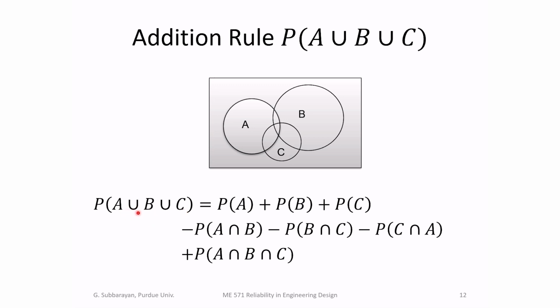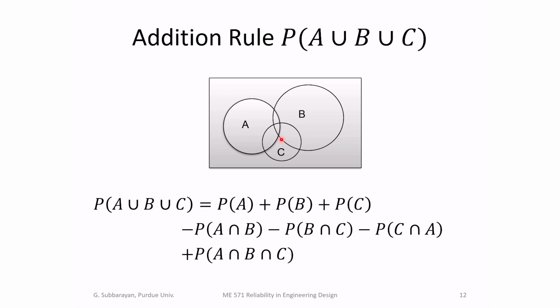Probability of A occurring or B occurring or C occurring. A occurring is denoted by a circle, B occurring is denoted by a circle, C occurring is denoted by a circle. A or B or C means that the event is within the region enclosed by these 3 circles. The union of these 3 is probability of A, this circle region,